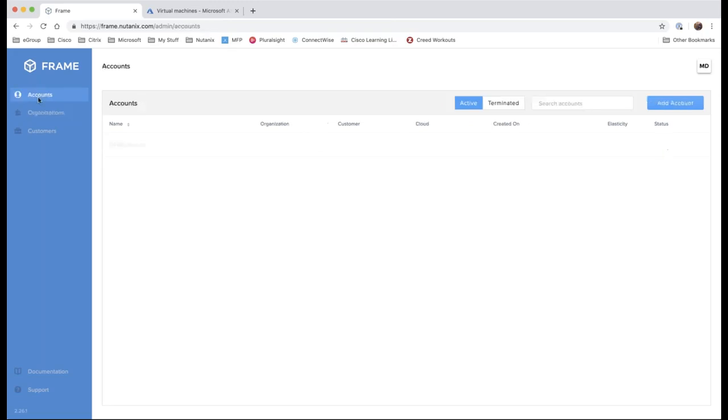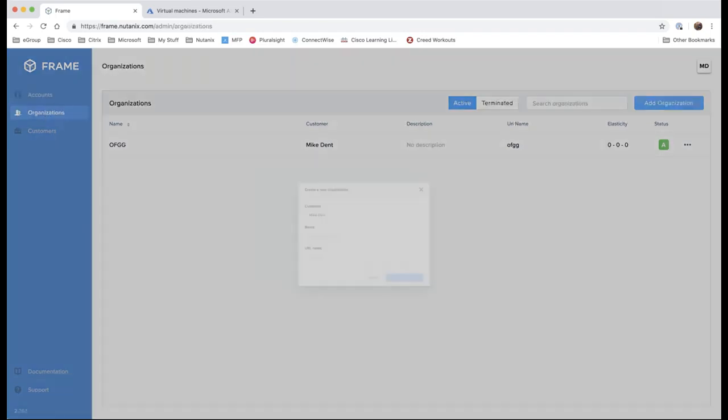And then accounts is kind of an interesting one for me. It's an odd name. Accounts really can be considered your pools or your scenarios from an end user perspective, right? The account is what I assign my desktops and provision my desktops against. So what I'm going to do is go ahead and provision a